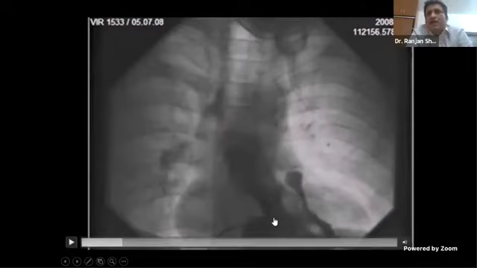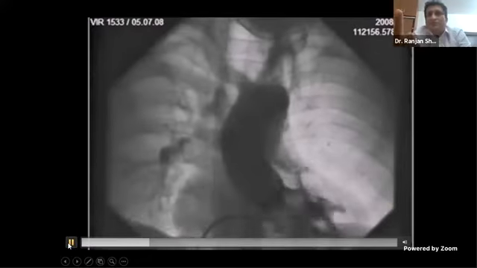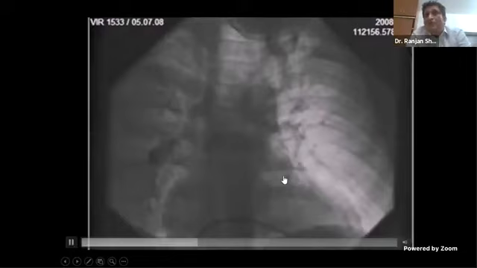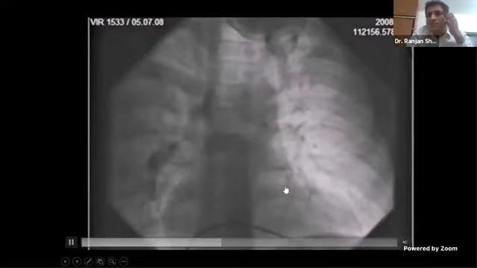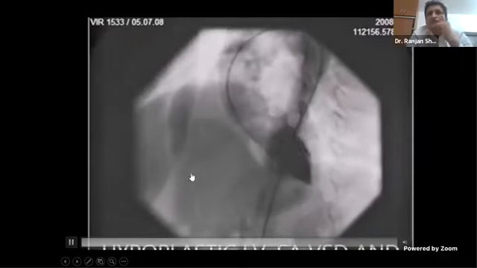Atresia. You can only see RV, but you don't see a PA. You're seeing the pulmonary artery actually getting filled from the collaterals and maybe PDA. But see, there's nothing going. What you see here is coronary from this, but this is blunt. So this is pulmonary atresia. So VSD with pulmonary atresia is like the most severe form of TOF physiology, where PA is now atretic, LV looks okay, two ventricles are good.